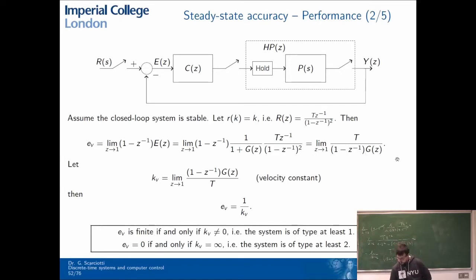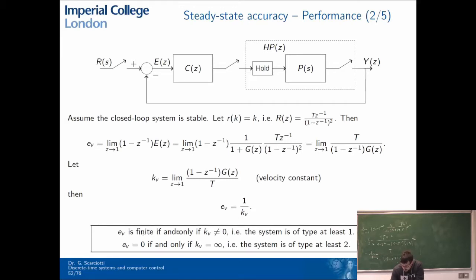This is what we have on the slide. And so we define kv as our velocity constant. And we see that then the error is defined as 1 over kv. Again, the error is finite if and only if kv is a number that is different from 0 and different from infinity. Okay? So if it's just a constant that is different from 0 and different from infinity, then what happens is that here the error will be 1 over this number, and it will be a number,